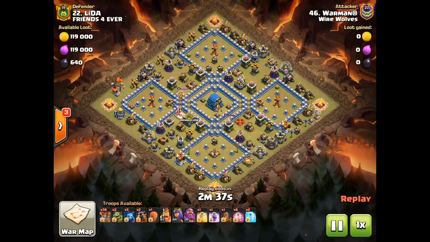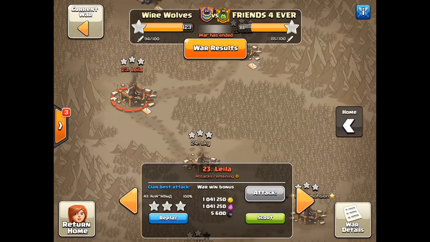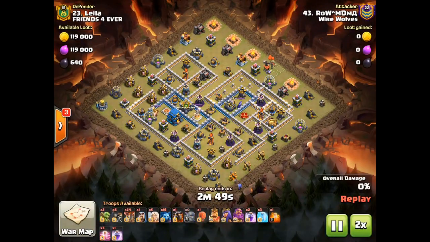He is an extremely good attacker, but unfortunately, we're just not going to show this one because it has been featured a lot. So credit to Warman on a maxed out Town Hall 12. Actually, I'm not sure if it was completely maxed with walls, but enough. And now we have